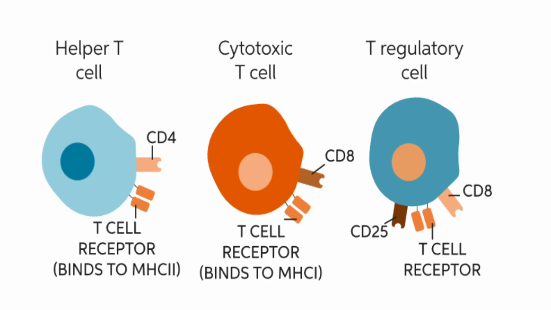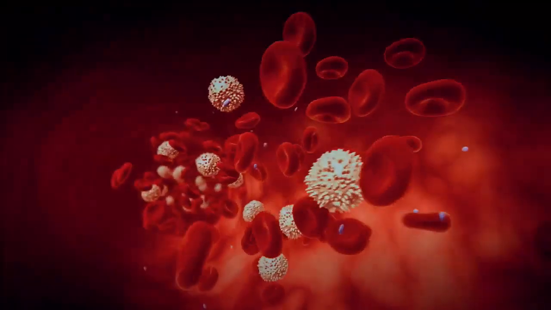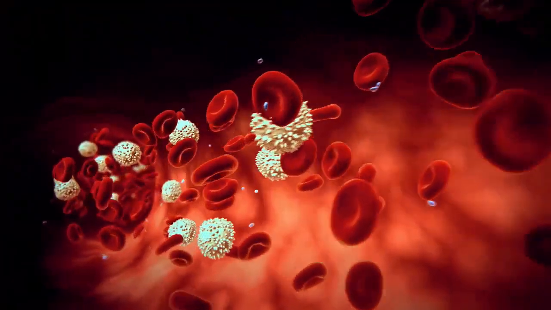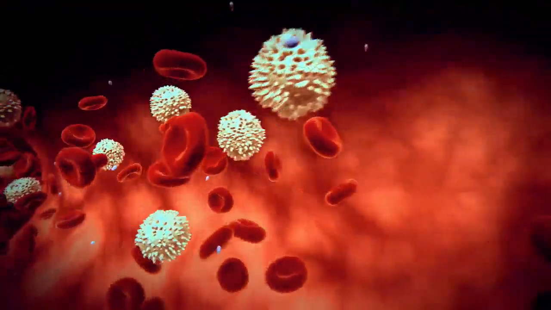Some assist B cells in making antibodies against foreign invaders, whilst others help to activate cytotoxic T cells. There are also regulatory or suppressor T cells. Regulatory T cells make substances that help end your immune system's response to an attack. They help prevent harmful responses such as autoimmunity from occurring. As such, it is organs in the lymphatic system that produce these vital immune cells which circulate in the blood